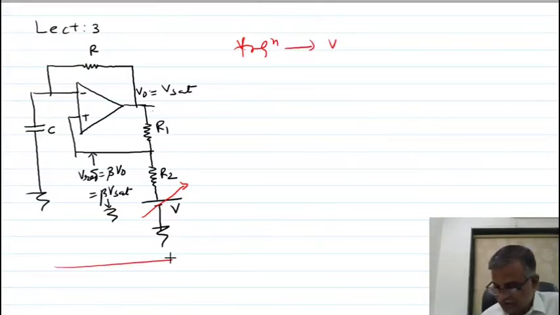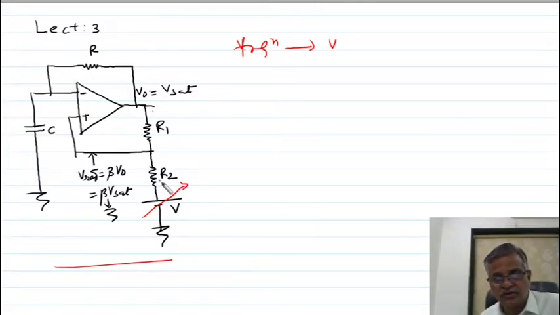So this circuit is an example of voltage to frequency conversion. In this circuit, if you change the amplitude of this DC battery, the frequency of the output is changed. So this circuit is an example of a voltage to frequency conversion. So here the discussion of the